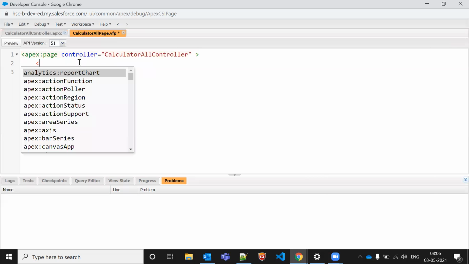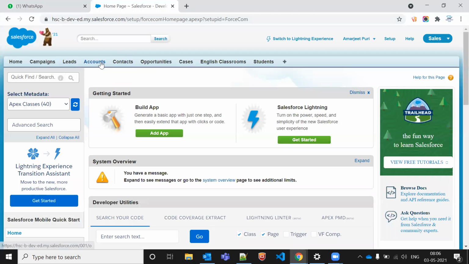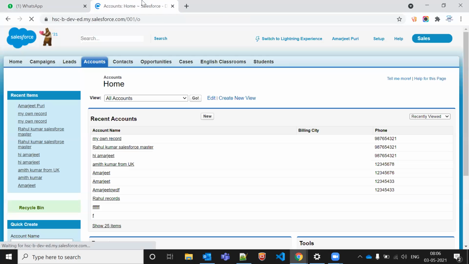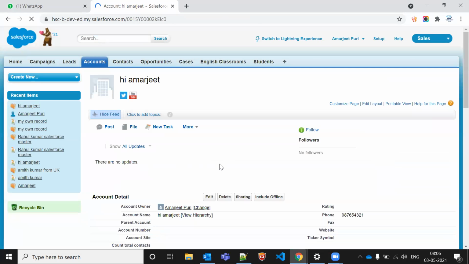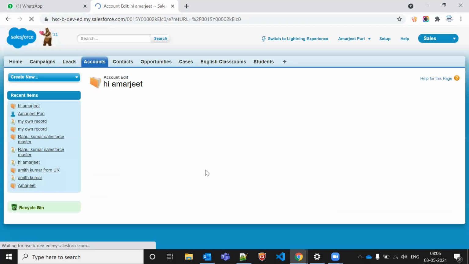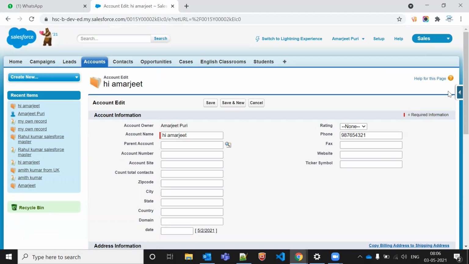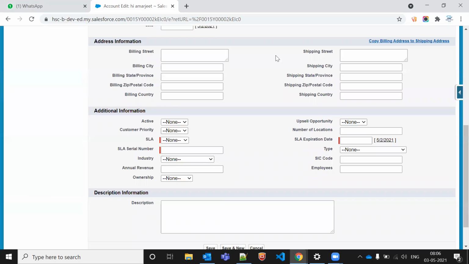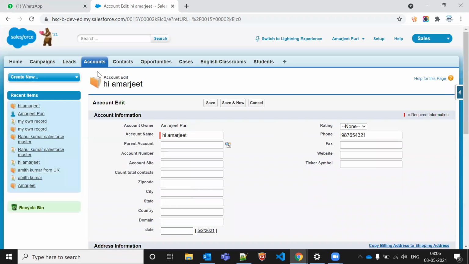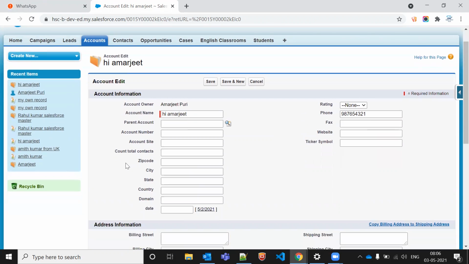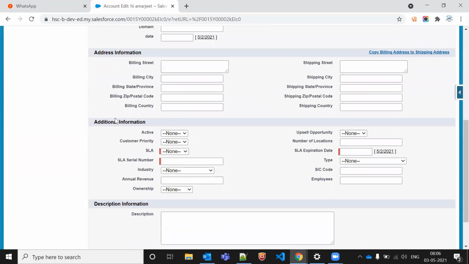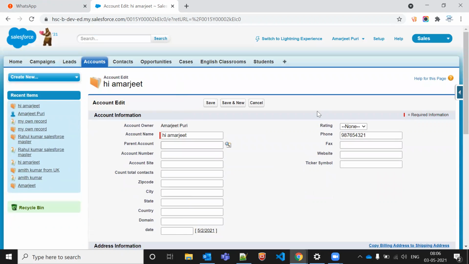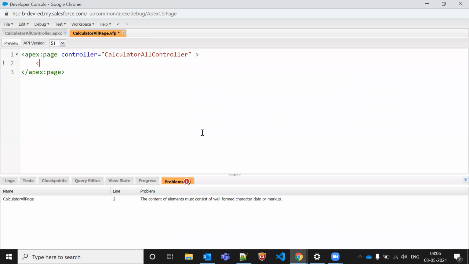So now what will I do here? Let's try to make one design here. Let's say we have one form where you will fill in details. It's a form type, right? After that there is one block, and in this full block there are different sections: account information, address information, additional information, and these kinds of things. So now let's create it like this.